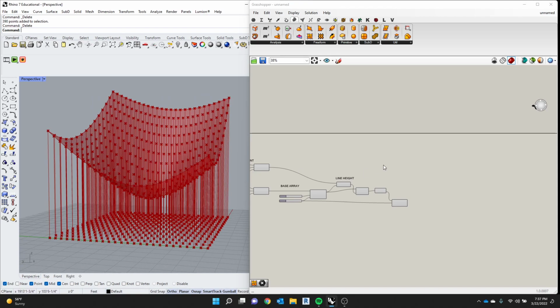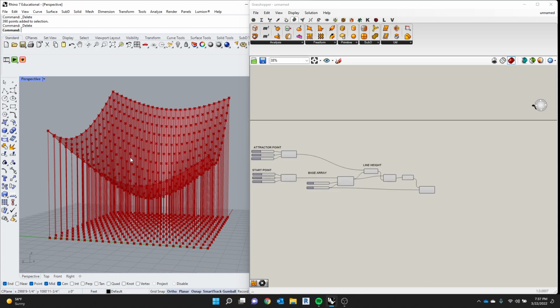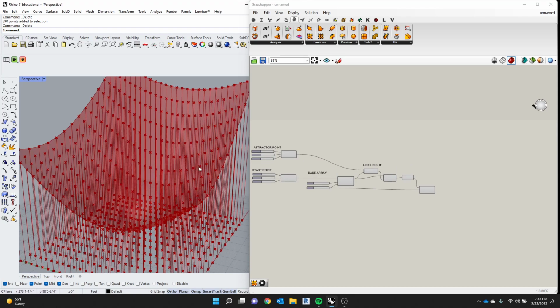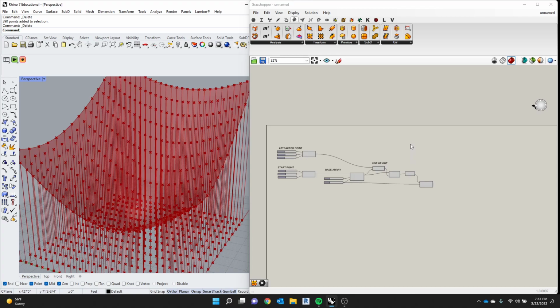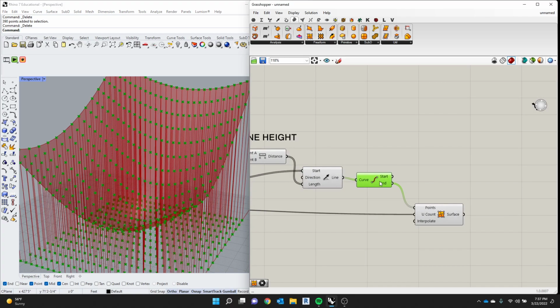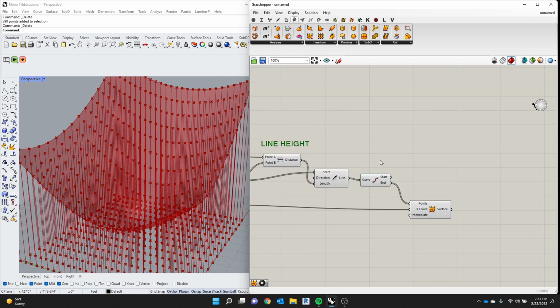Okay, so the next thing we want to do, just an FYI, we have all this kind of messiness in here, and you're like, I don't want to see all these points, I don't want to see all these lines. If you select over everything, so you can come over here, you can add some,